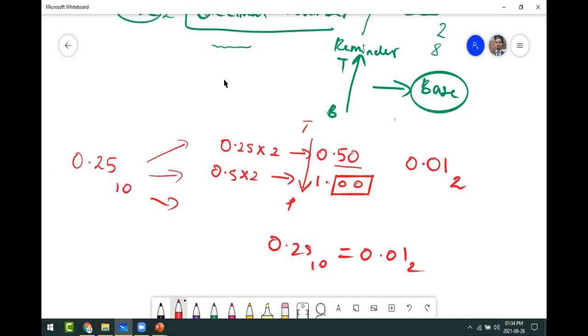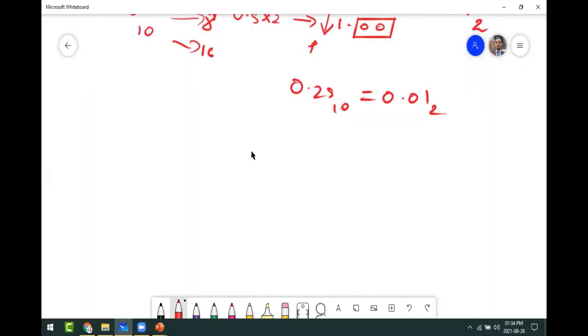So here, what is the common formula? If this is for binary, this is for octal, what will we do? We will multiply by 8. For hexadecimal, we multiply by 16. So for the decimal part, what is the formula? Decimal multiplied by base, right? So you put the value, and you keep on doing this until you get the fraction